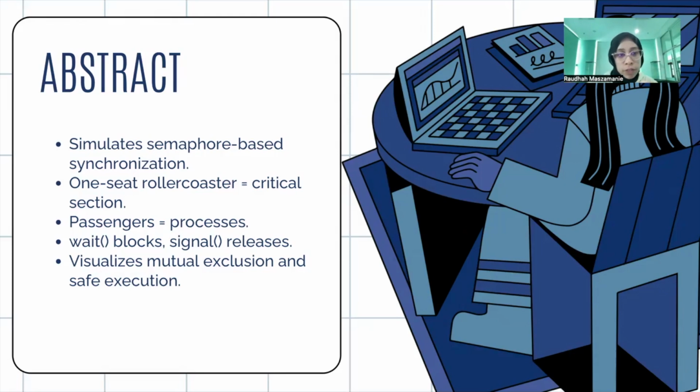access. The wait operation ensures that when one process is inside the critical section, no other process can enter. The signal operation releases the seat for the next process to use. Overall, this visual approach makes it easier to understand how semaphores enforce mutual exclusion and guarantee safe execution in an